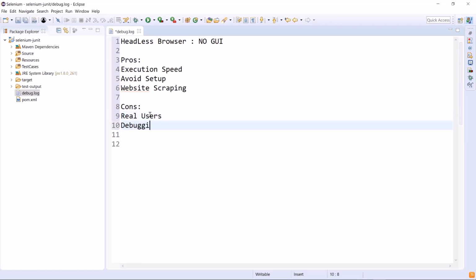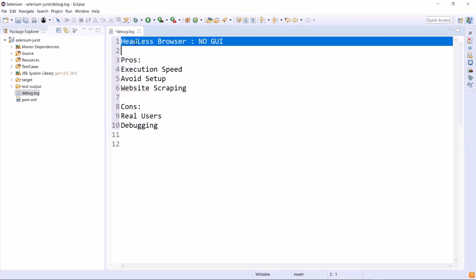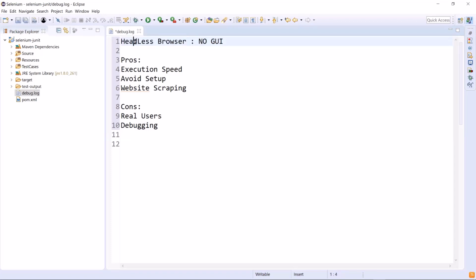It's very difficult to debug your test if you are using a headless browser, and for that, you have to switch to the real browser to visually see the test execution. So these were the pros and cons of running automation tests on a headless browser. Now the question comes whether we should use it or not. It basically depends on the requirement and testing strategy, and then we can decide.